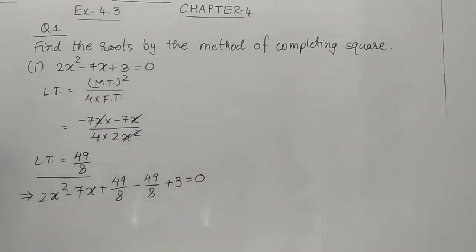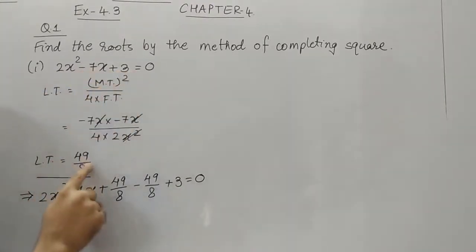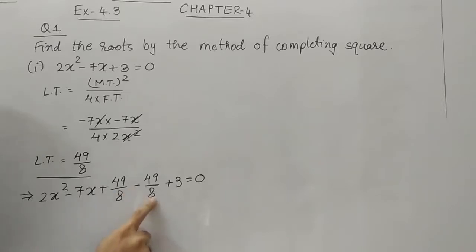So what I have done here: the first two terms as it is, and instead of the last term given in the question, I have written the last term which we obtained for the perfect square trinomial. Now as we cannot change it, what last term I added, the same I have subtracted. And the question's given term plus 3 should be written. Now as we learned earlier, we should never keep the denominator as a fraction. That means we will multiply these terms with 8. We should multiply these 3 terms with 8, because we are taking the LCM.